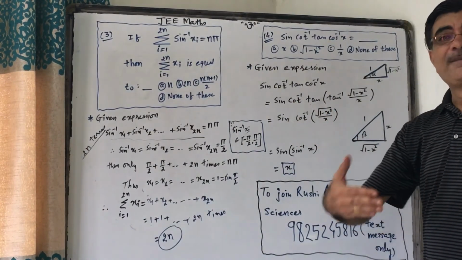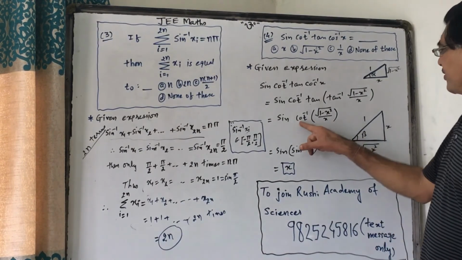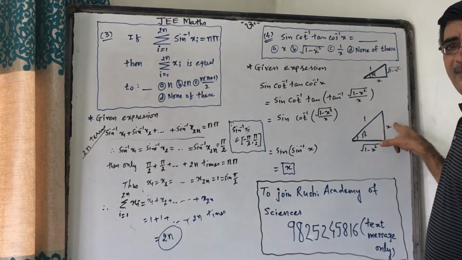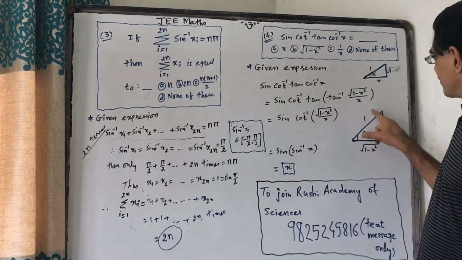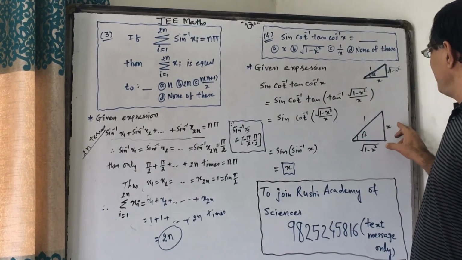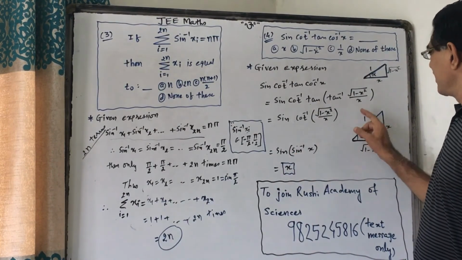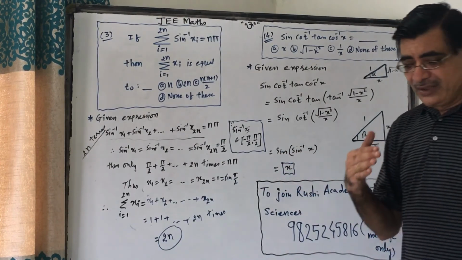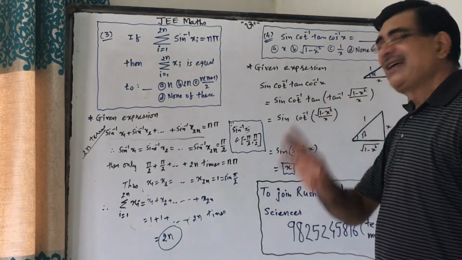Let us prepare right angle triangle again. Cot inverse means adjacent side upon opposite side. So hypotenuse will be square root of 1 minus x square plus x square, that is 1. From this, sine will be x upon 1, so sine of it is x. Now sine and sine inverse again will form identity function. So the final answer is x.